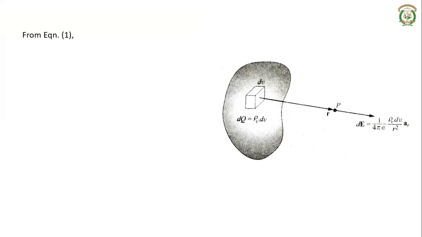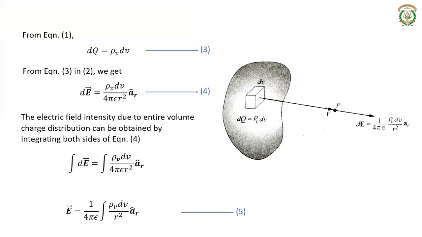So the same principle we can apply to surface charge as well as line charge to obtain the electric field intensity due to surface charge distribution and line charge distribution. We can do that by taking a differential surface and differential length in case of surface and line charge, then integrating over the entire surface and entire length, right? That way we can obtain the electric field intensity of any kind of charge distribution. So today we will see the surface charge and line charge distribution.